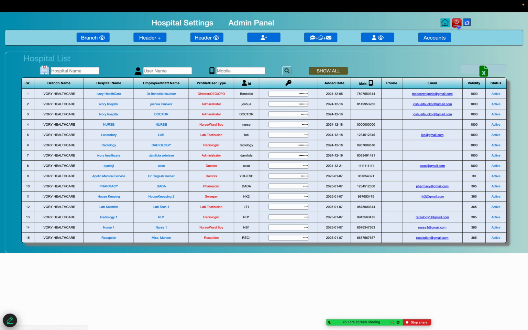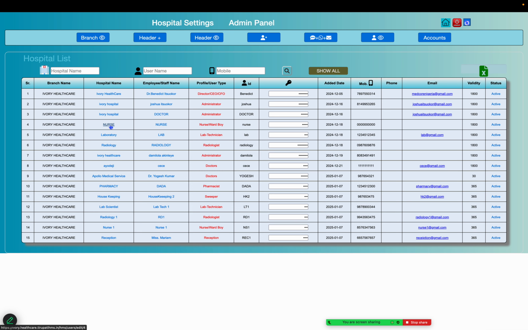So if you create any kind of user to allow him software access, you need to create a user ID and password.